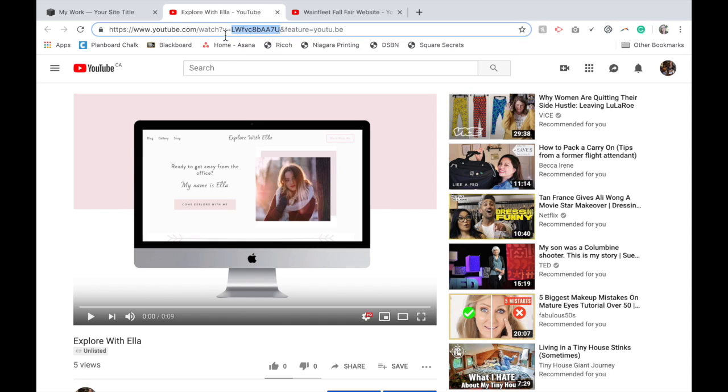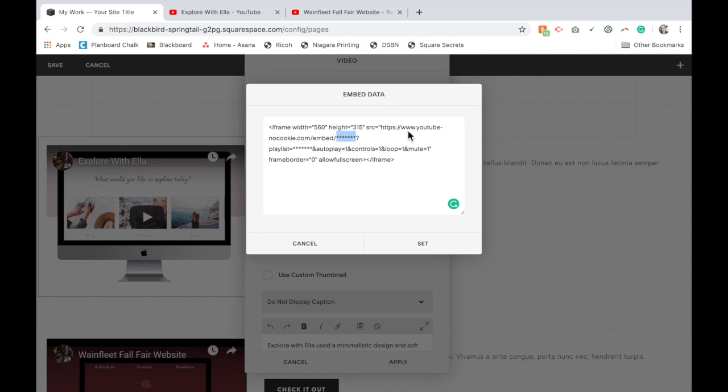So you'll see between the equal sign and the and sign, you'll see a bunch of letters. So we're going to copy those, just those, and you're going to replace the asterisks with your letters and numbers for your video. Click Set